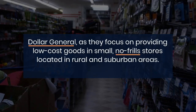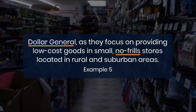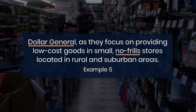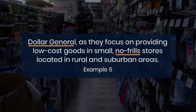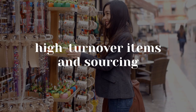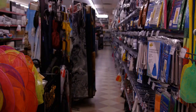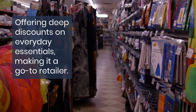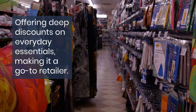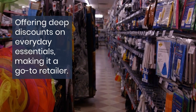Example 5. Dollar General. They focus on providing low-cost goods in small, no-frills stores, located in rural and suburban areas. By limiting product selection to high-turnover items and sourcing private label goods, the company keeps overhead low. This strategy allows Dollar General to offer deep discounts on everyday essentials, making it a go-to retailer for value-seeking customers